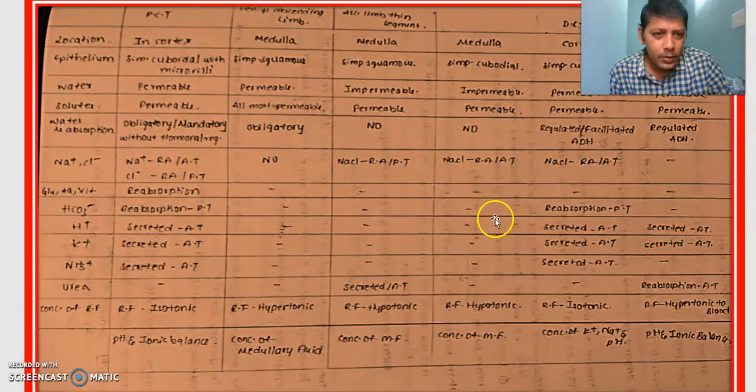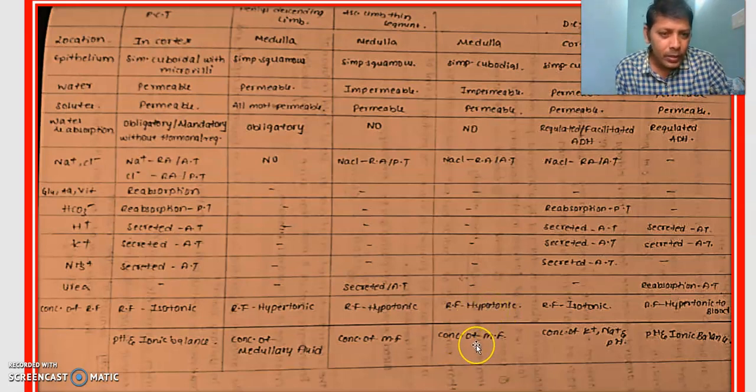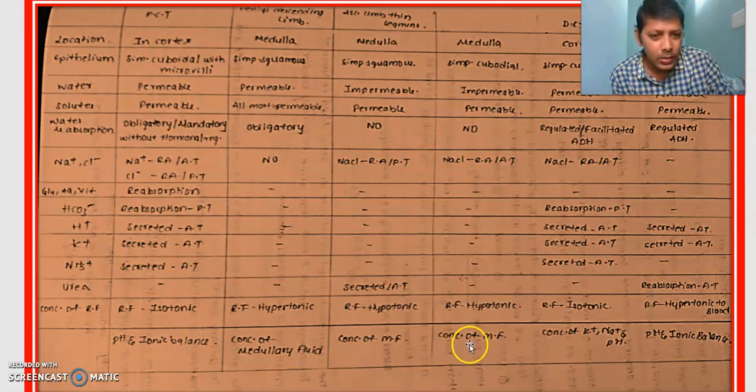Okay, that's the next one. Urea is not secreted into this part. Renal filtrate is hypotonic because it is losing more and more solute, so the solvent proportion increases. Its main function is to maintain the concentration of the medullary interstitial fluid. Henle's loop plays a very important role in